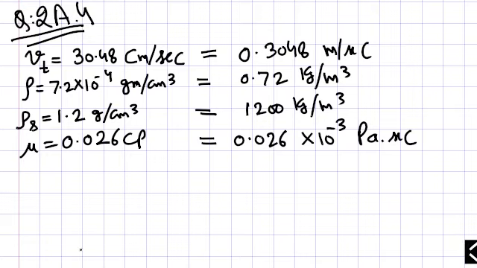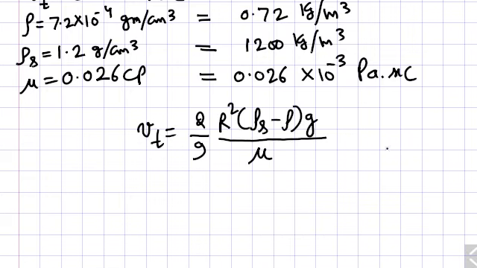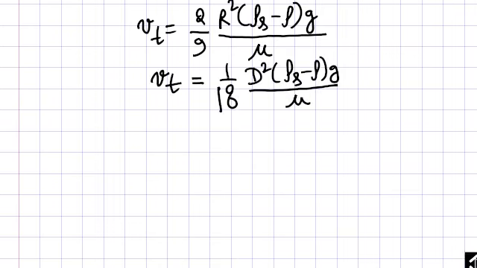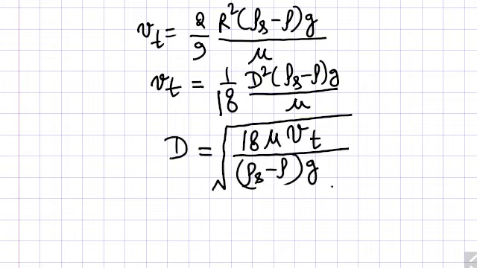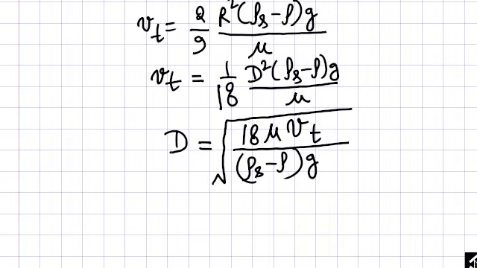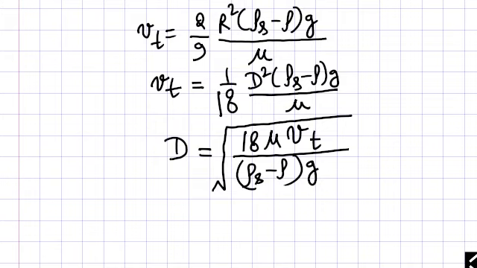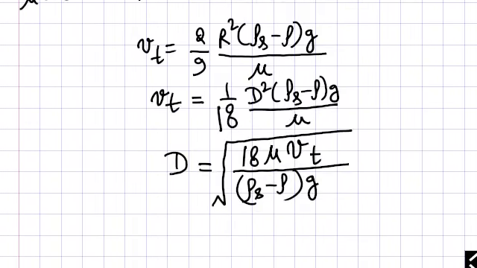Now we will apply the formula. This is the formula, and here you can replace R with d by 2, because diameter is the thing that we have to calculate. You can do it later also, but I am replacing it right now. Now, because the unknown here is d, we will rearrange so that d comes to the left-hand side. So this is the formula that you have applied, and now you put all these values in from here, in these MKS units.